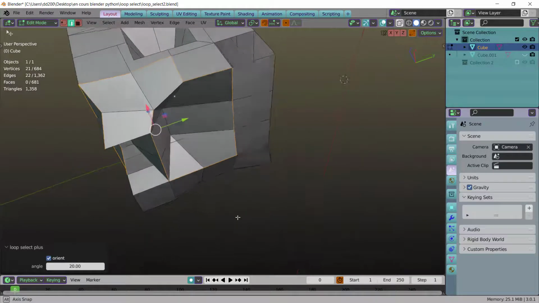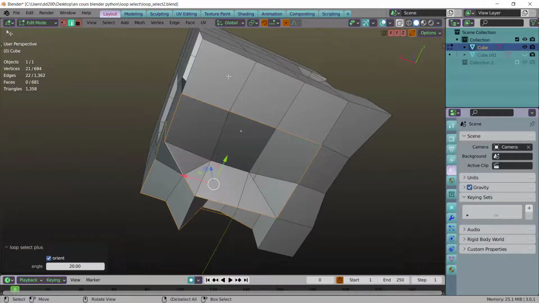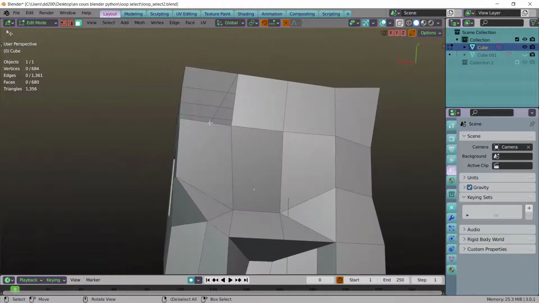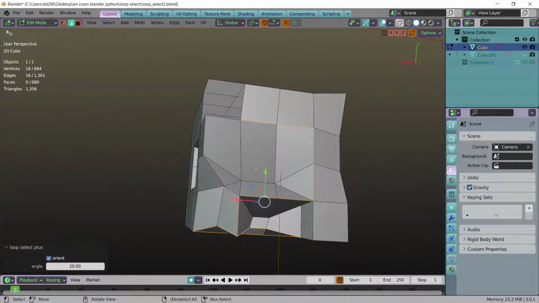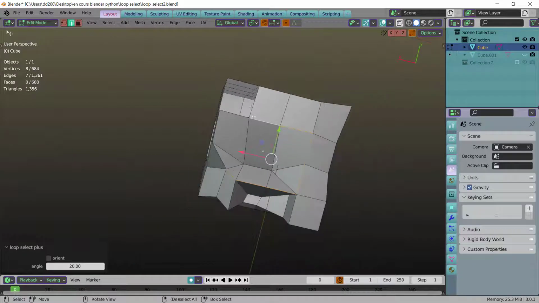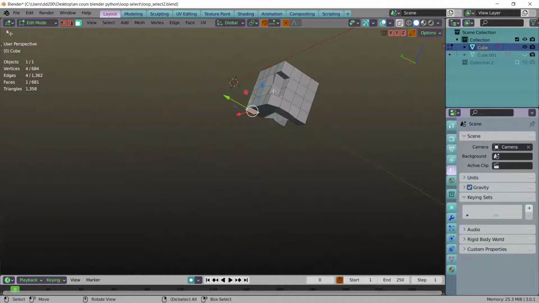So if you have a non-manifold, this is not a problem. If I do X faces, if I do it there, it will do nothing. If I do it there, this is working, and I will show there is no error in fact. Okay, this is not doing an error, so no problem. So I think this is all that I wanted to show.